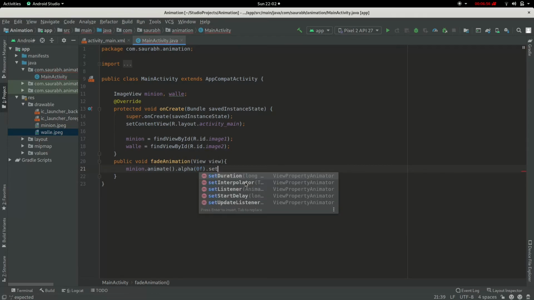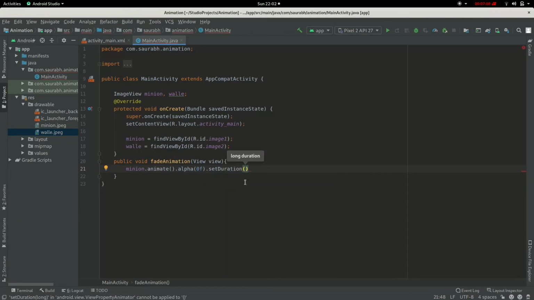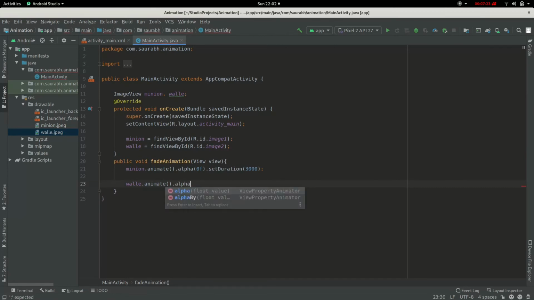And next we need to set the duration for how much time it will take to fade out completely. So here I have written 3000, this is in milliseconds, so basically 3 seconds. And when this image is faded out, we want the other image to be brought up. So wally.animate().alpha(1f).